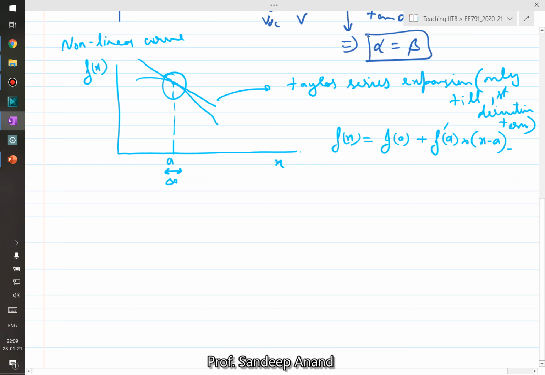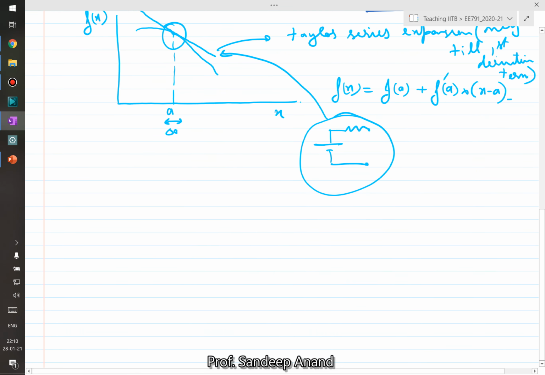So what does it say? It says that even if you have a nonlinear curve, if you are interested in understanding its behavior in a small region around a point, then you can linearize it. In other words, you can still represent it as a series combination of a voltage source and a resistance, represented by this straight line. Why did we talk about this curve? Because our solar photovoltaic curve also is not a straight line. It looks something similar to this one.